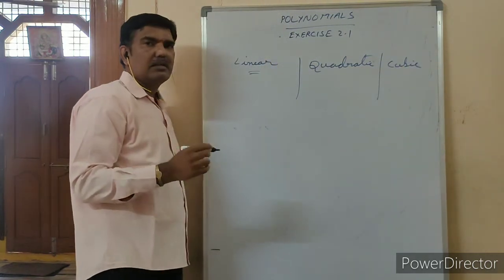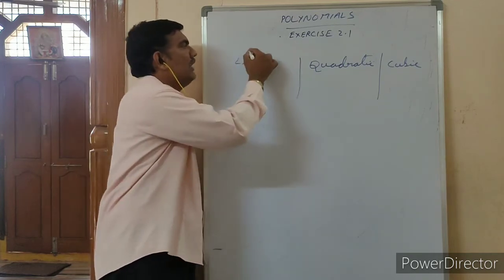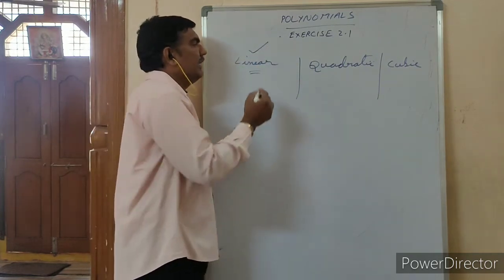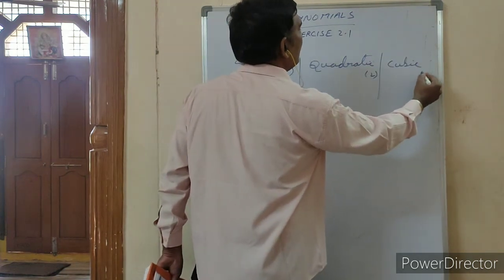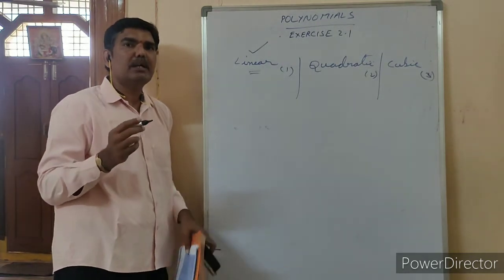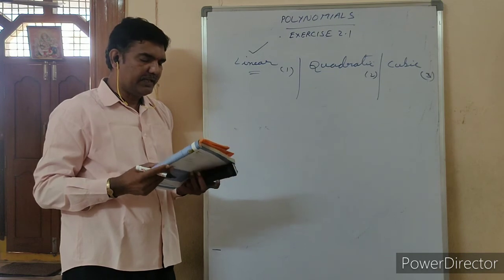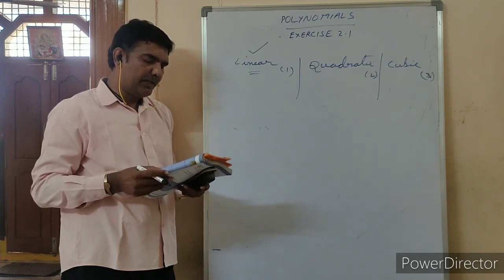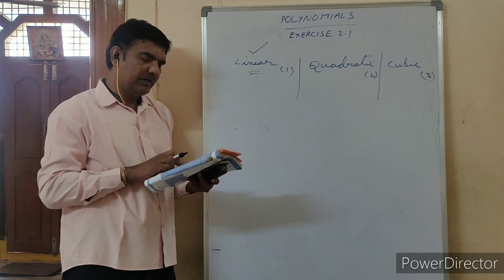Linear means if the degree of the polynomial is 1, it is called a linear polynomial. If the degree of the polynomial is 2, it is a quadratic polynomial. If the degree of the polynomial is 3, it is a cubic polynomial. Now classify means you have to write